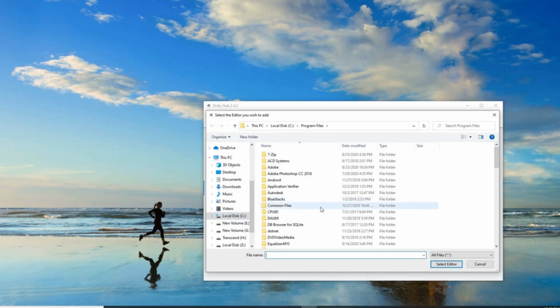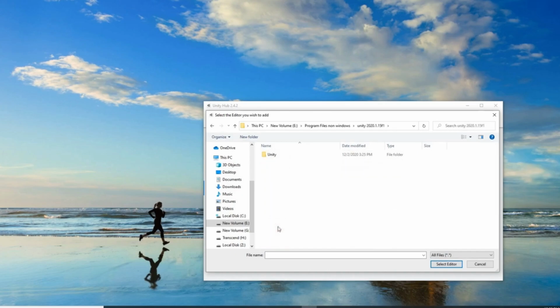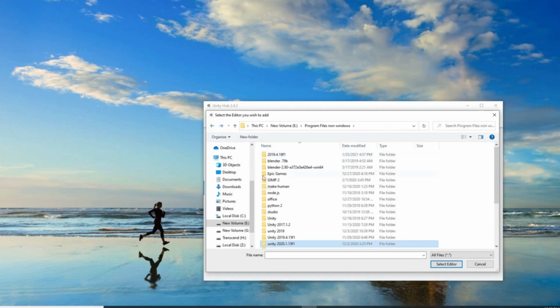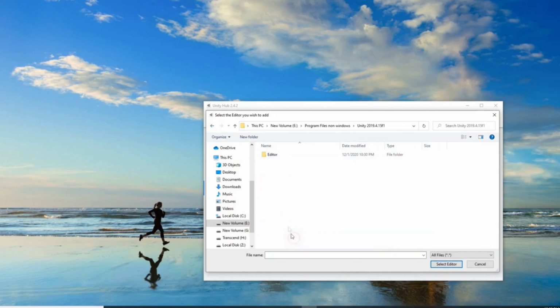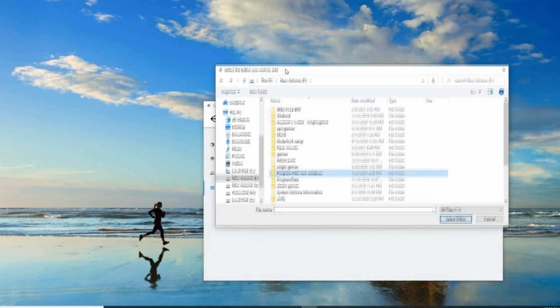For example, now I will add a different Unity installation here. I will go to the program files because it is where I have installed different Unity installations. So for example, I will add this Unity 2020 version and go here and go to editor, and this is the wrong folder. I will go to this version and go to editor, and maybe I have uninstalled Unity from here.